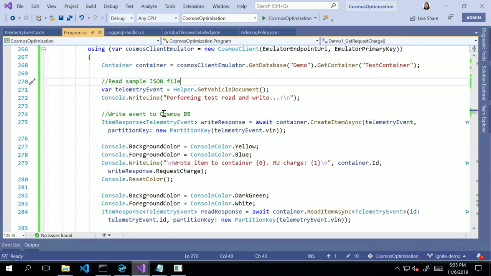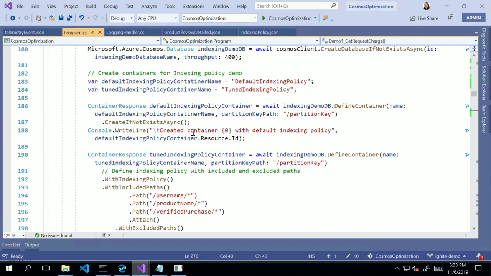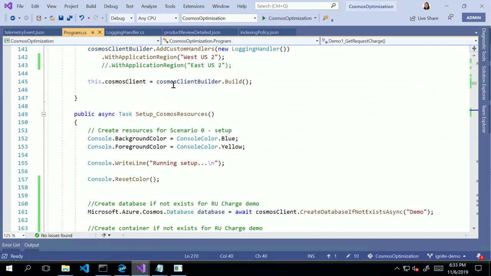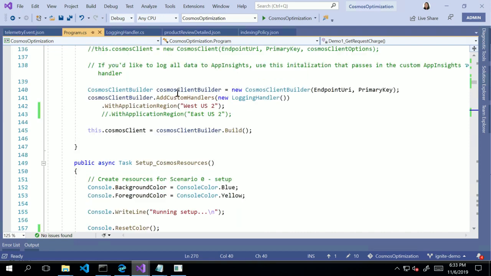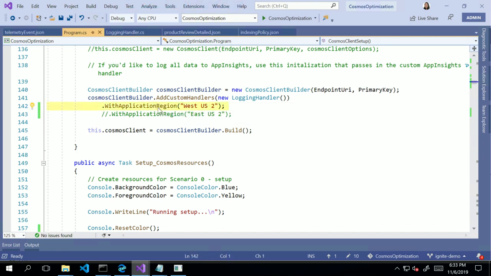So in our SDK, we make it super easy for you to actually specify in your Cosmos DB client setup which region your application is in, and then we'll direct all your operations to that region for the best performance. And of course, I have a VM here running in Azure, and it's in East US, which is basically where we are on this side of the country. So I noticed that I've actually set my application region to West US. So if I set it to East US,